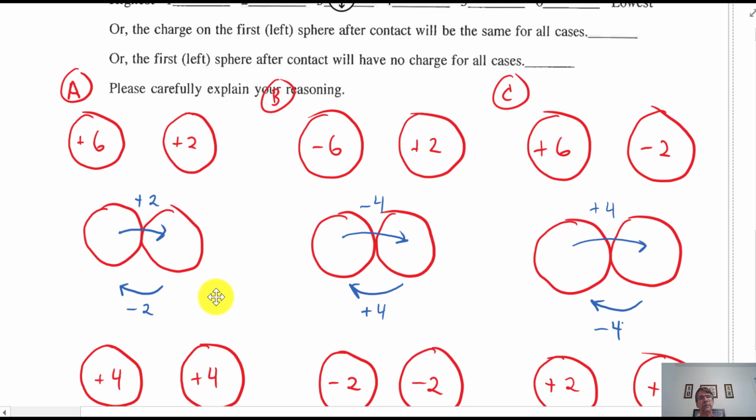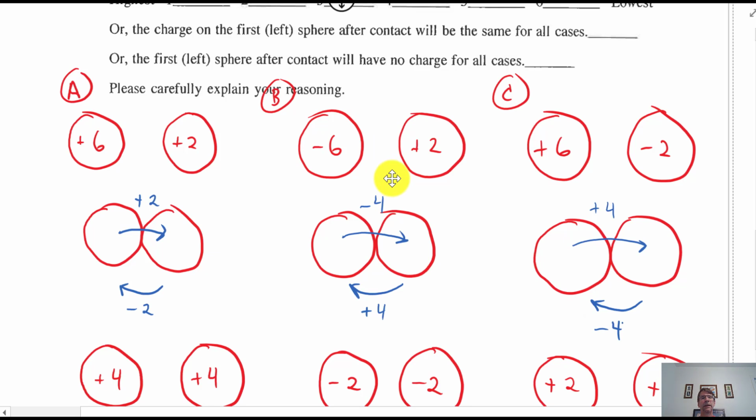It's the same effect. All right, so 6 minus the 2 gives you 4, or the 2 plus the 2 gives you 4. So they're going to end up at 4 and 4. In case B, there was a negative 6 and positive 2, so the net between the two is negative 4. Okay, so when you touch them,